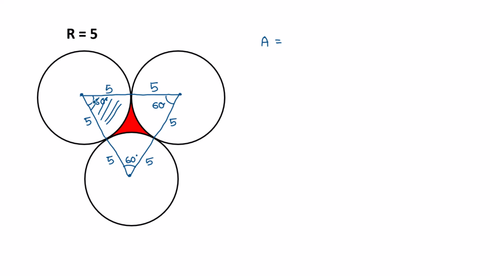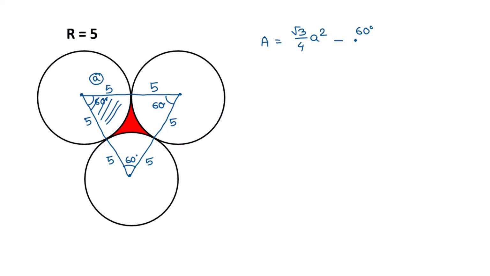If the side length of this triangle is a unit, then applying the formula, square root of 3 by 4 a square. This is the area of this triangle, and the area of this section is